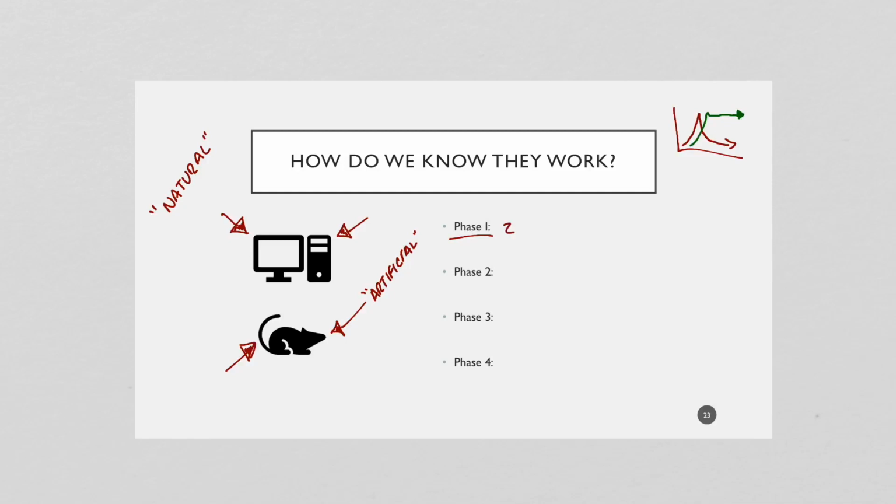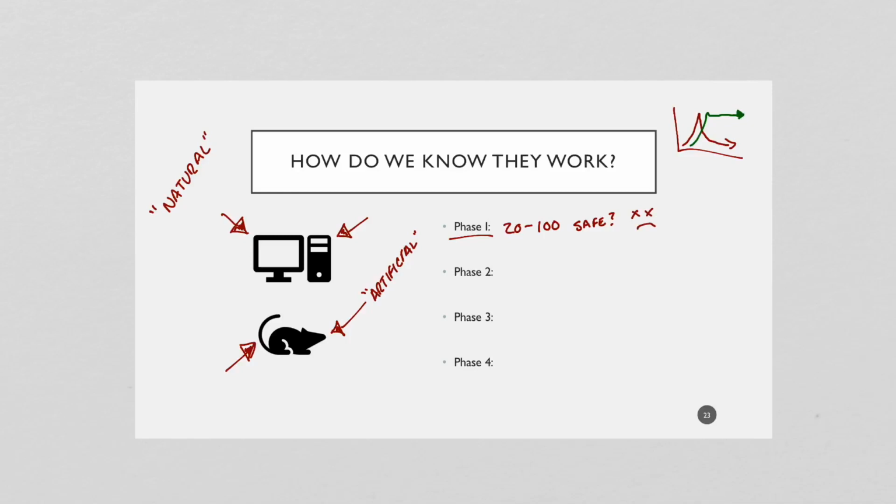So here we have between 20 and 100 volunteers who participate. We give them the vaccine, but we just want to see how it is absorbed, how it's metabolized, how it's excreted. Is it safe? Do any of these people have some sort of allergic reaction or some sort of weird reaction to the vaccine? How does the body deal with the vaccine, with the things that go with not just the pieces of the virus or the bacteria, or if it's a whole virus or a whole bacteria, but also the preservatives and other things that go with the vaccine. This takes a couple of months to complete. We just are looking for safety. We're looking for any kind of bad reaction.